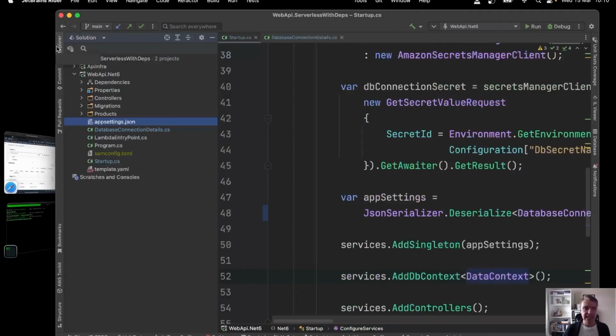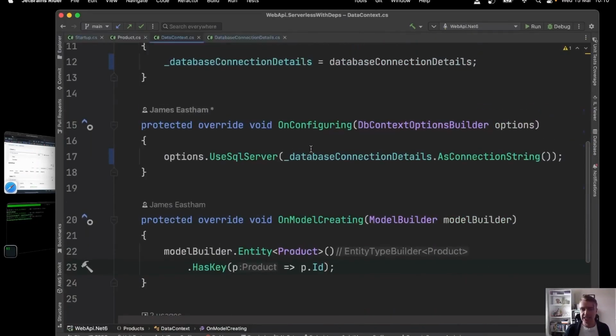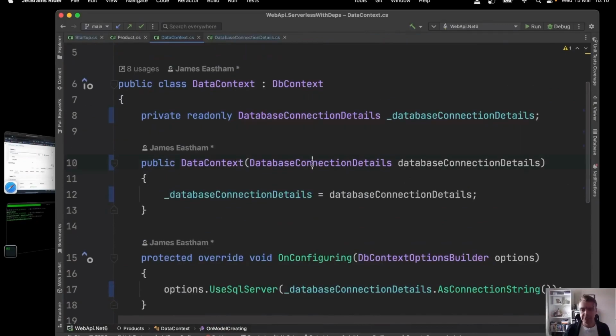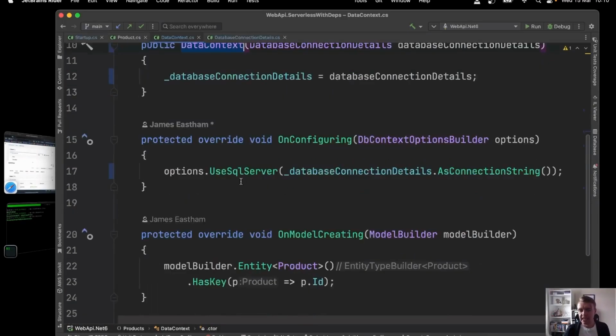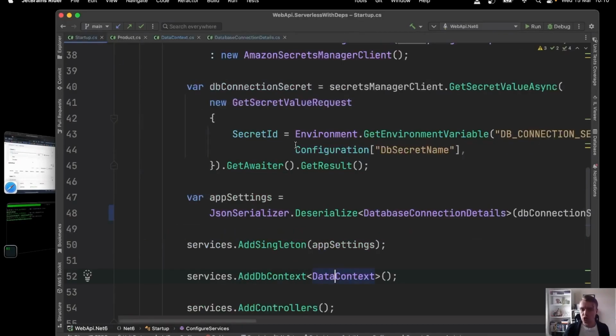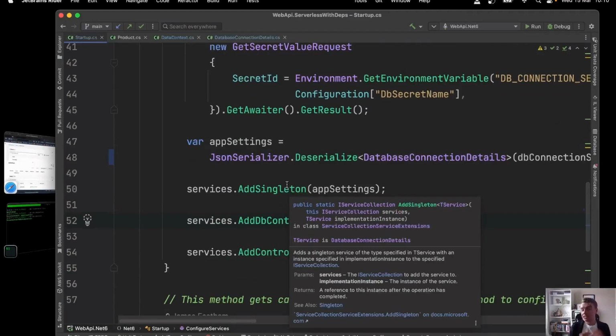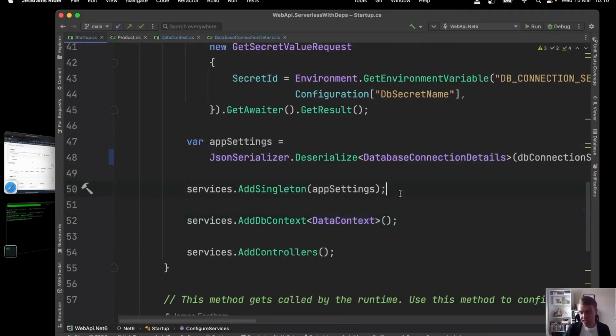Part of my Entity Framework DbContext, I'm then injecting my database connection details as part of the constructor of my data context, and I'm using that, when I set up my SQL Server, to use the connection string from my database connection details. So when this API starts up, we're first going to retrieve the connection details from Secrets Manager, and we're going to store them as a singleton in our dependency injection container,